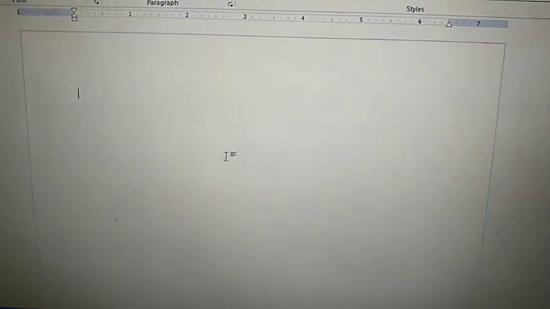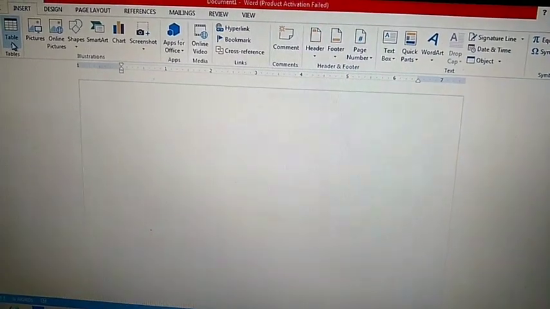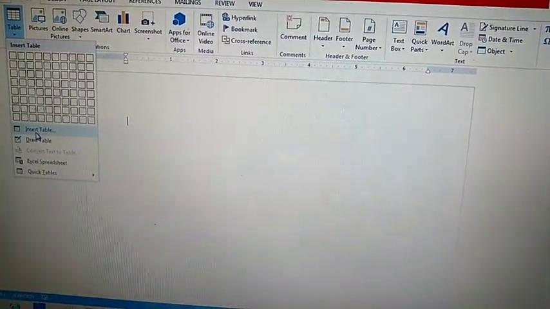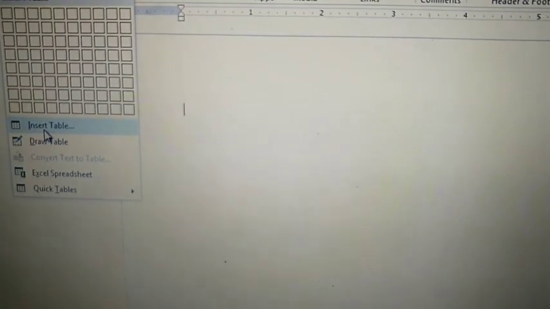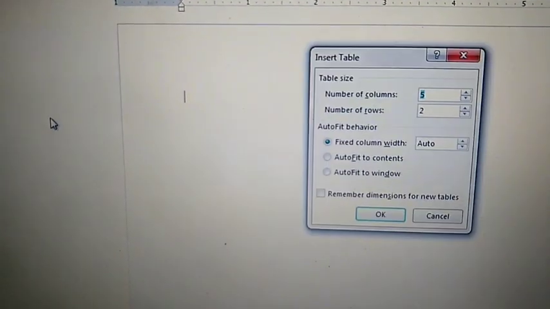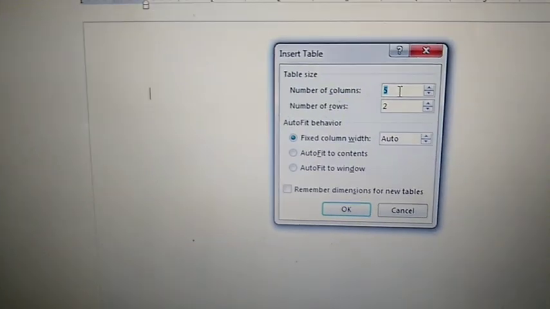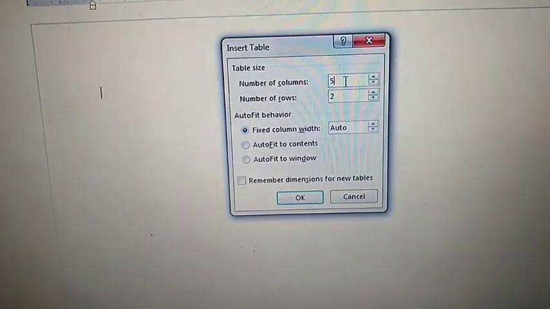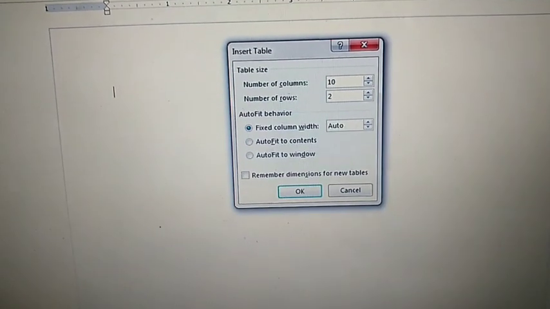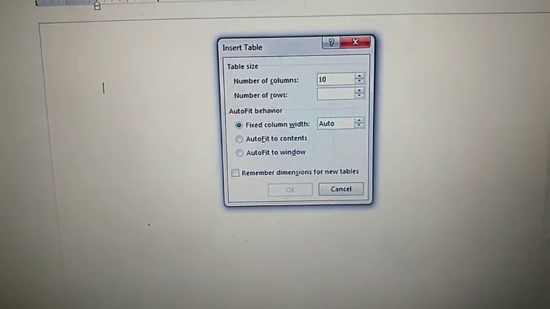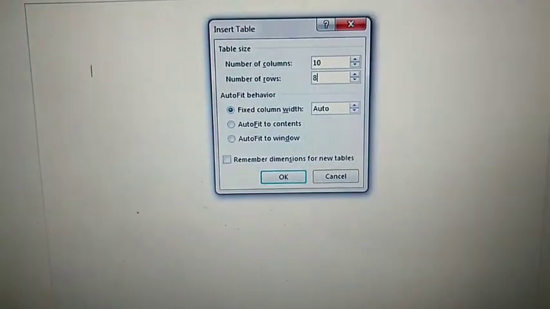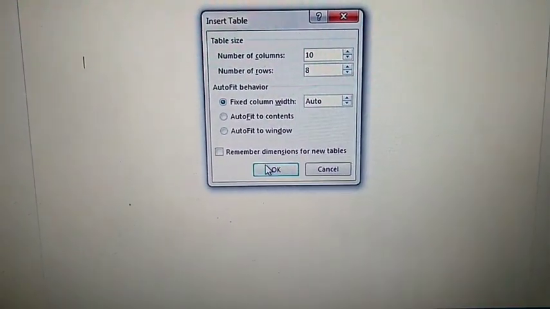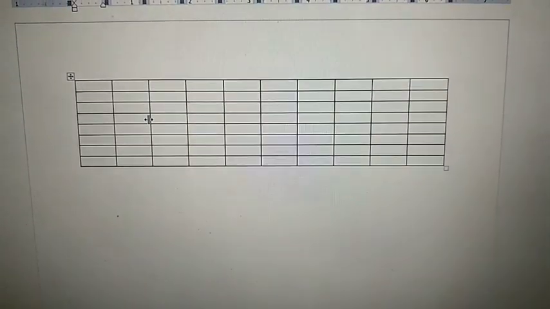Now see how you will create a table using the Insert Table dialog box. Same method, you will go to the Table option, and here an Insert Table option is there. You will click on this Insert Table. This is the second method, and after that you will get this box. Here you have to write how many rows and columns you want. Suppose I want 10 columns and 8 rows. You will enter the values here, then click OK, and after that you will get a table with 10 columns and 8 rows. So these 2 methods are there in which you can create a table in MS Word.